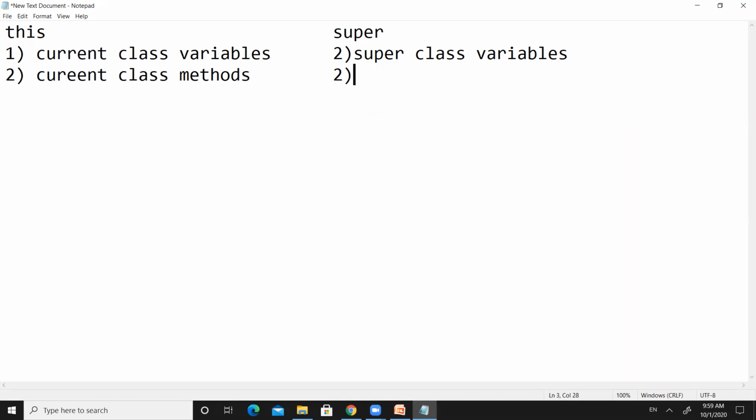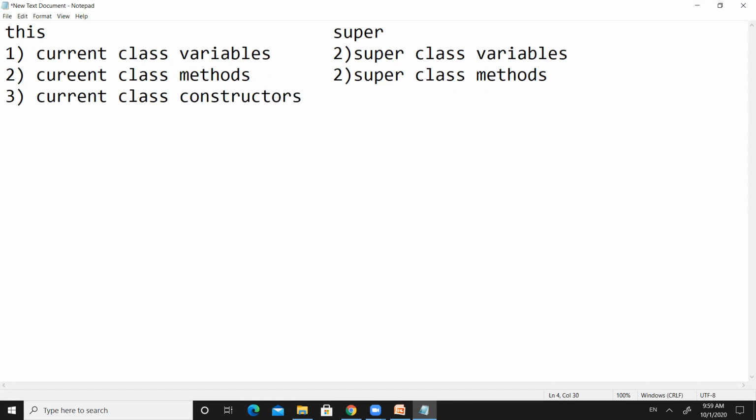By using super keyword, we can access super class methods. And by using this keyword, we can call current class constructors, and by using super keyword, we can call super class constructors. So these are the main three differences between super keyword and this keyword.